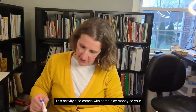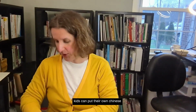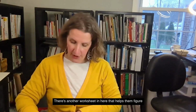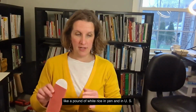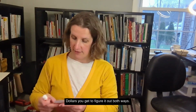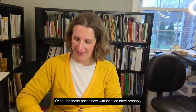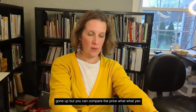Now, this activity also comes with some play money. So your kids can put their own Chinese money in there and they can practice. There's another worksheet in here that helps them figure out how many yen it would cost to buy things like a pound of white rice in yen and in US dollars. You get to figure it out both ways. You get to figure out how much it costs to buy a gallon of milk or a dozen eggs. Of course, those prices now with inflation have probably gone up, but you can compare the price,